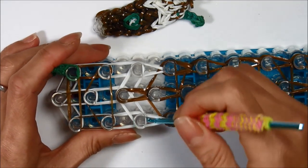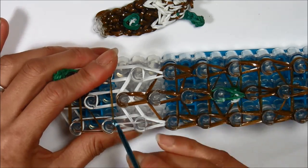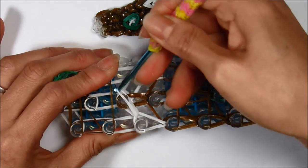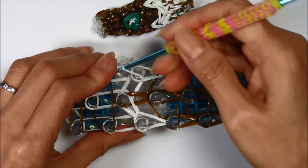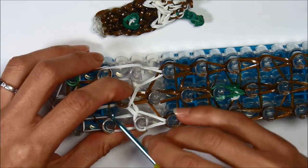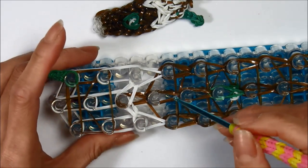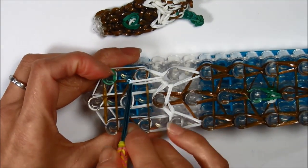And we are going to reach in the third peg on the side, grabbing the top two and looping that rubber band right onto that center third peg. Same thing on the other side. Reach in, grab the top two, and looping it right onto the center third peg. And now if you want, let's go ahead and finish up the sides,